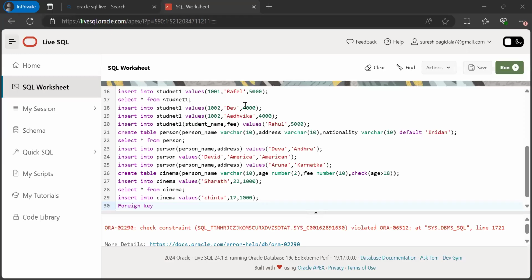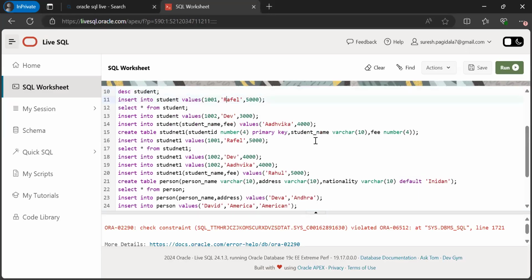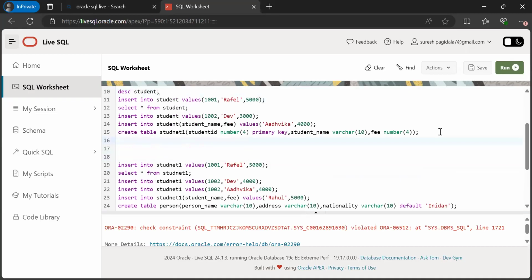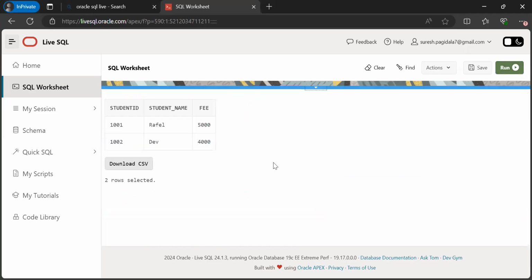So we have one primary key, right? The student primary key we have. Select star from student one, and let us see the data. Okay, we have some data, right? Now let me create